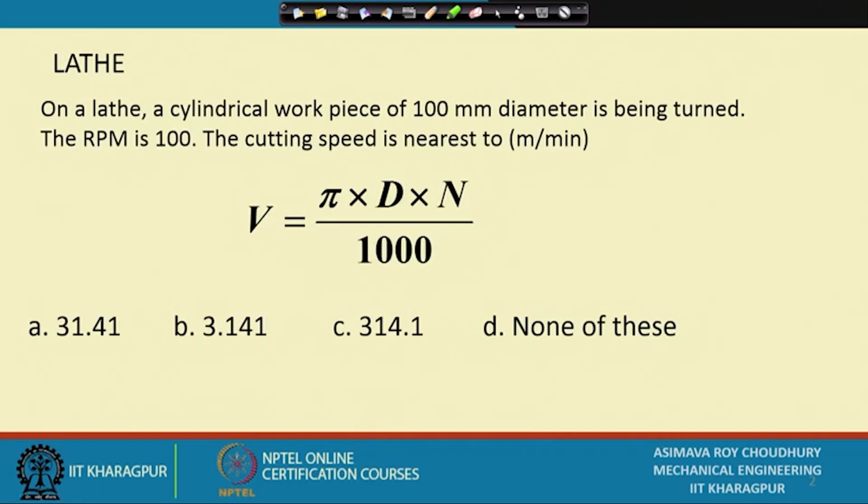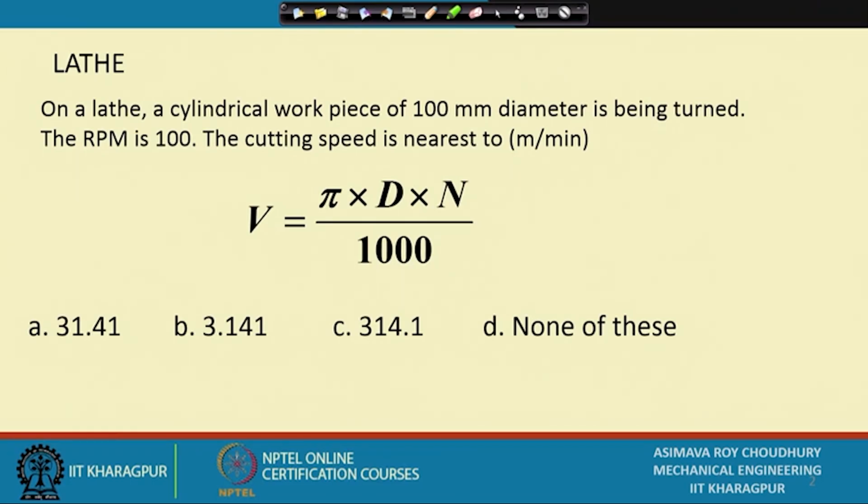on the lathe a cylindrical workpiece of 100 millimeter diameter is being turned. The RPM is 100, the cutting speed is nearest to, in meters per minute: 31.41, 3.141, 314.1, and none of these. So,